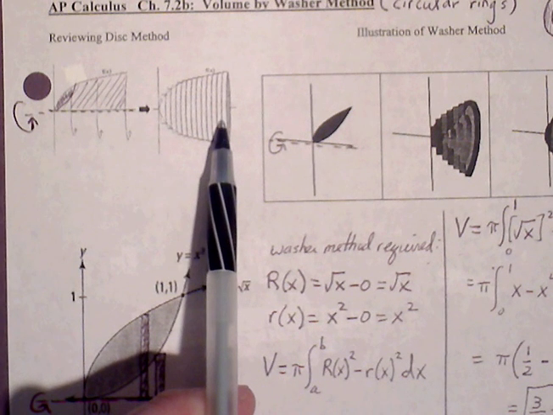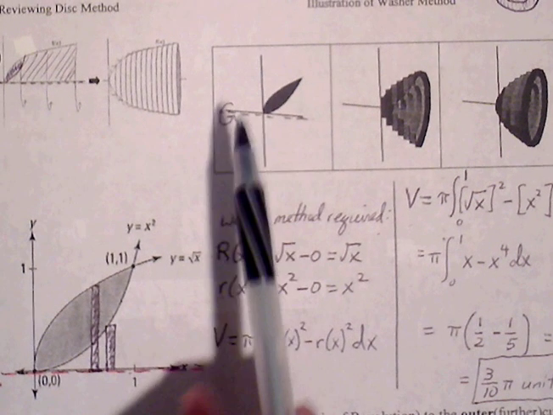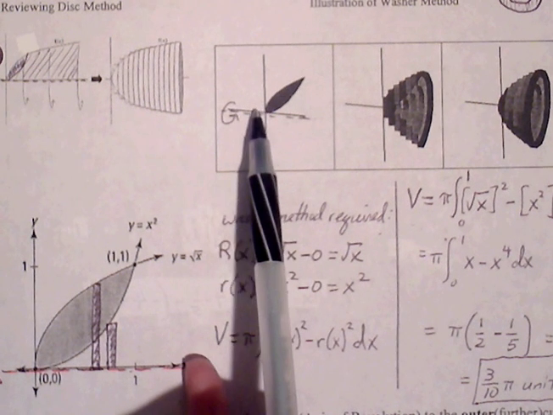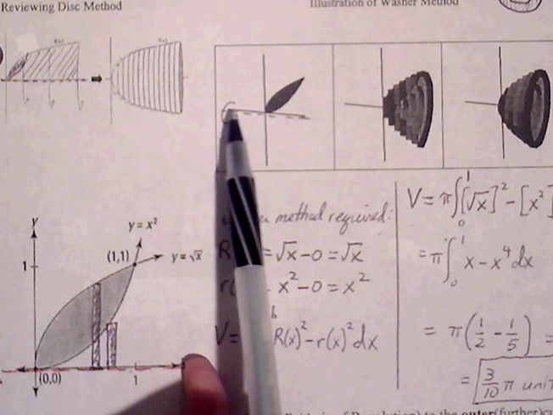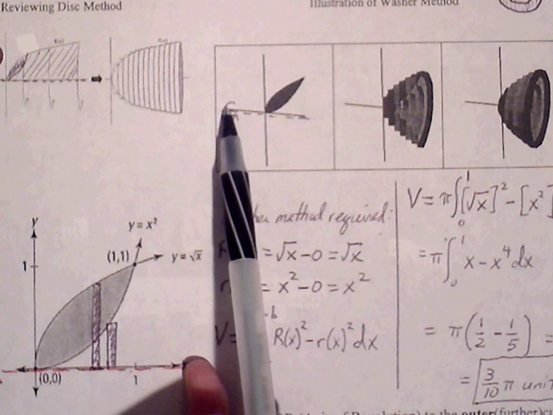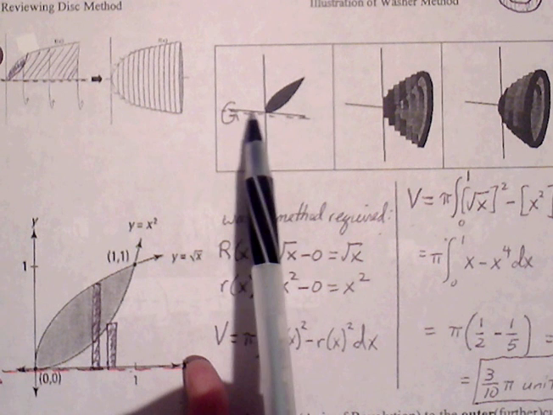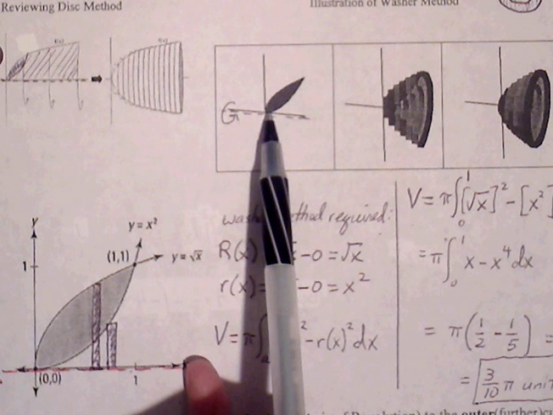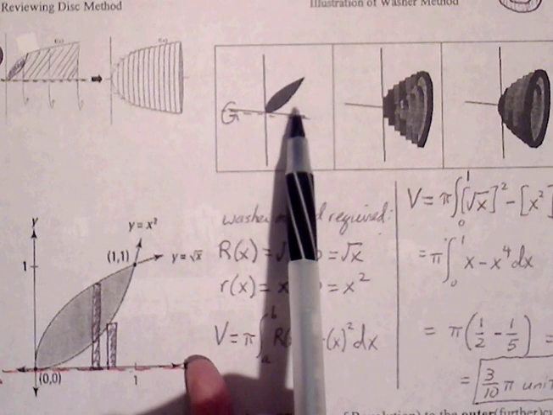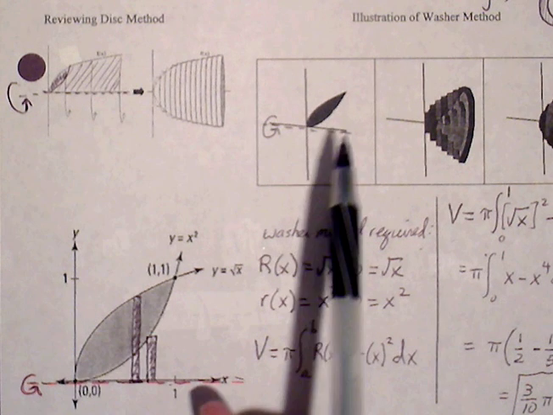Now let's move on to an object that's a shaded region created by this leaf-looking shape. This is starting at the origin, and let's say we want to take that object and revolve it around the x-axis as well. But notice that this shaded region is not up against this axis except at 0. So you see there's this gap here that you don't see with the previous shaded region. So because of the gap,